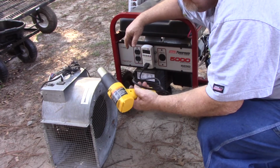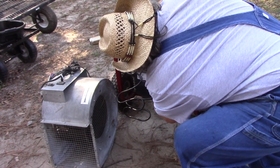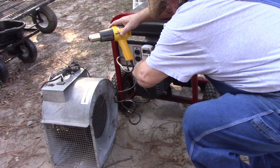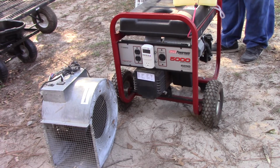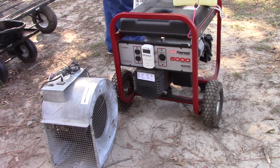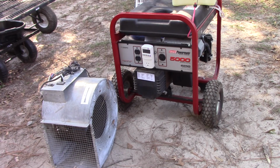This is a 1200 amp. Disconnecting that governor was the wrong thing to do. It dropped all the way down to 100 volts and 40-some hertz. So that was not a good idea. Okay, let's see. Now I'm going to crank it up again and try it again. Because 1200 watts should not pull